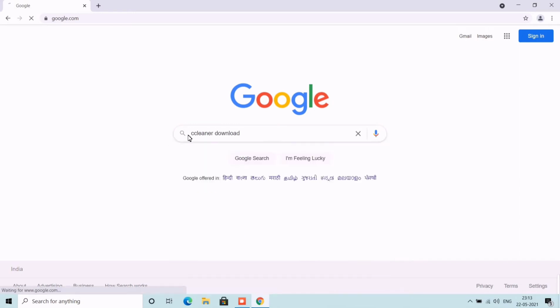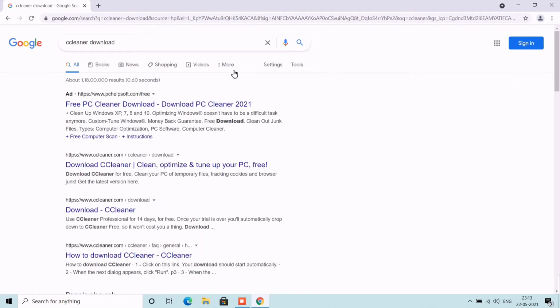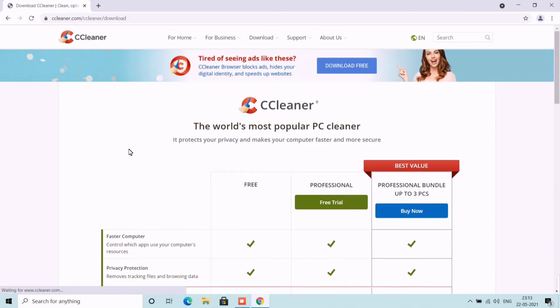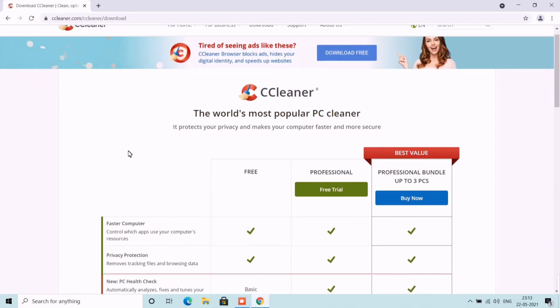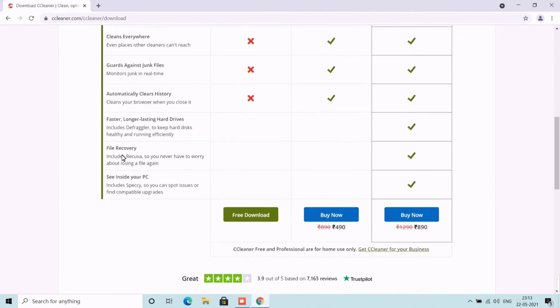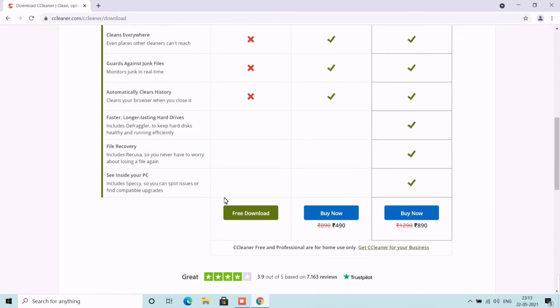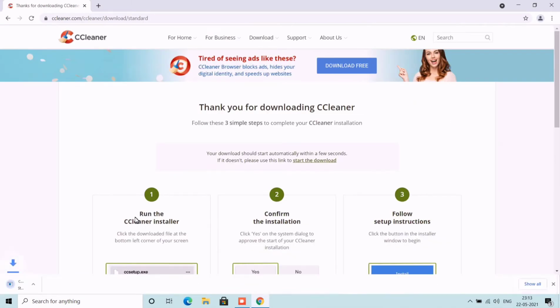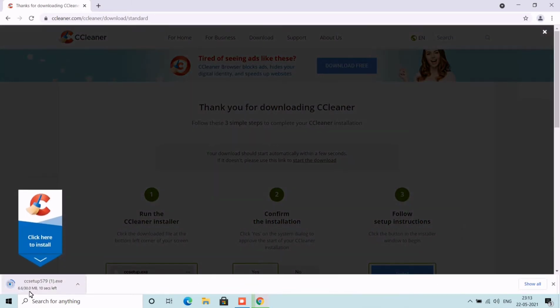I'm going to demonstrate what are the best applications for Windows 10 cleanup and how to use them. First one is the CCleaner free version. It has multiple options to do cleanup. Download the exe and install in your system. I would recommend the free version. It does all the jobs we need. I am using this application for a decade and I didn't see any issues with it. So it is a consistent player.